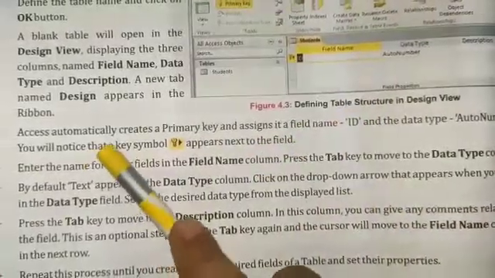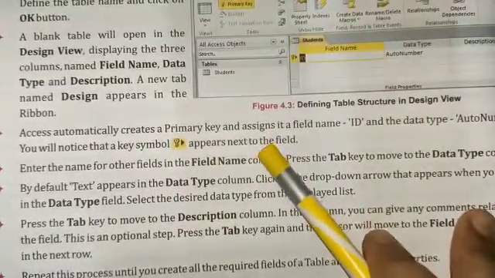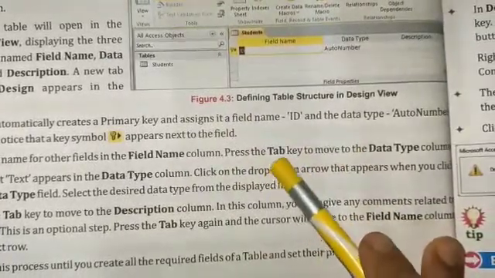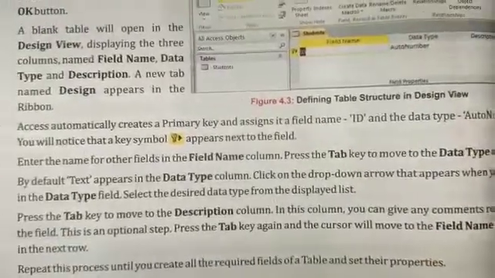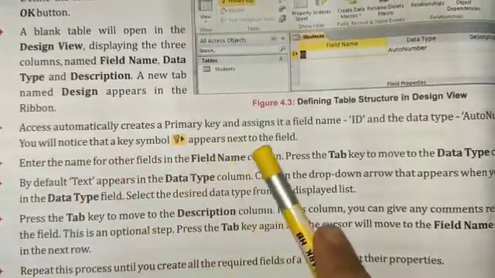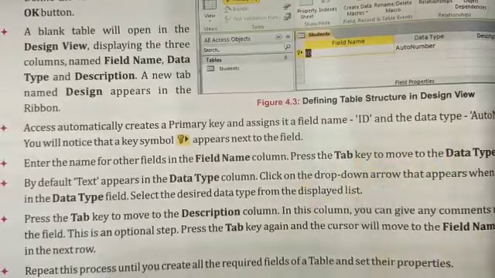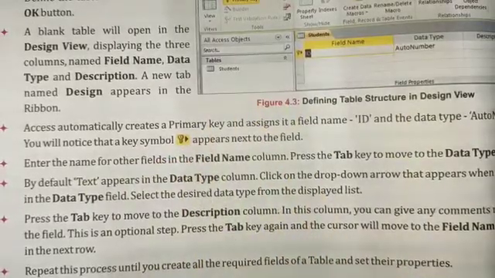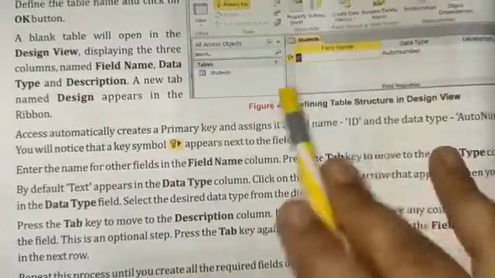You will notice that a key symbol appears next to the field.